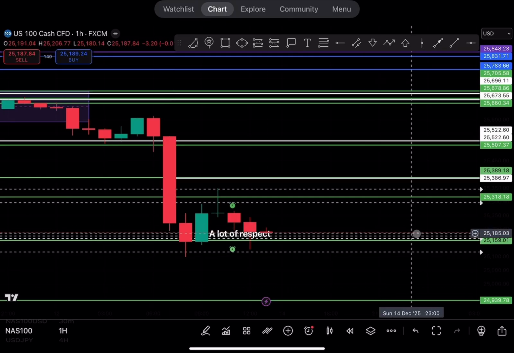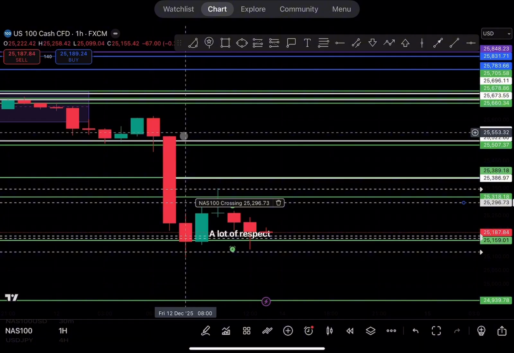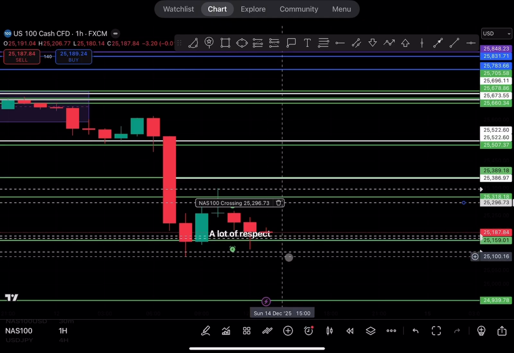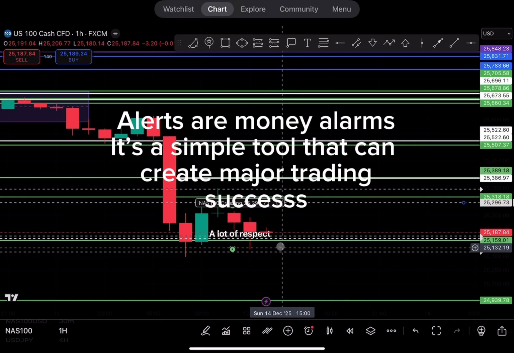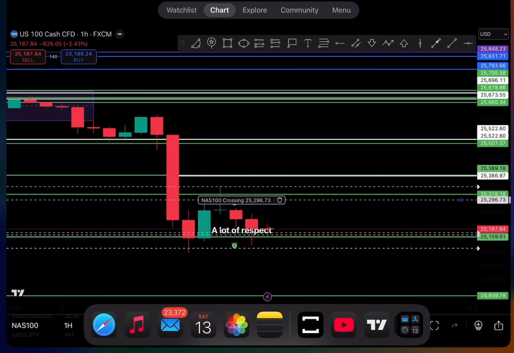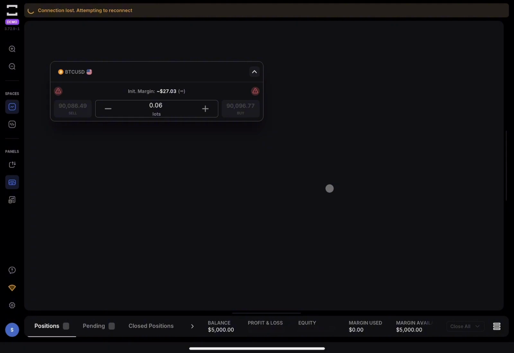I'm not going to go over in a lot of detail why it's so vital, but you guys should already know that setting alerts is going to notify us whether we're busy, sleeping, distracted, whatever the case is. It's going to notify us when the market gets to the points we've been waiting for it to get. And that could mean the difference between having good trades and not having any good trades with good entries. So going back to TradeLocker,